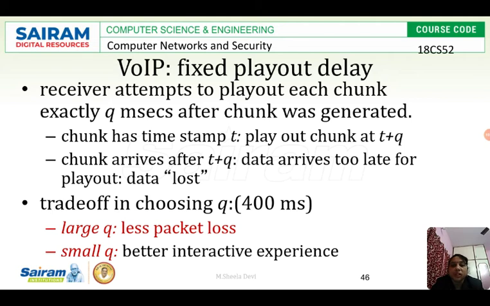But if you decrease the value to 2, as I said, then you will not have a better interactive experience. Usually 400 milliseconds is best for the q value. So this is how the q value is chosen. You cannot drag so much time. Instead of 5 minutes as q, if you extend it to 10 minutes, then what will happen? I will not get immediately the data that was sent by the sender.